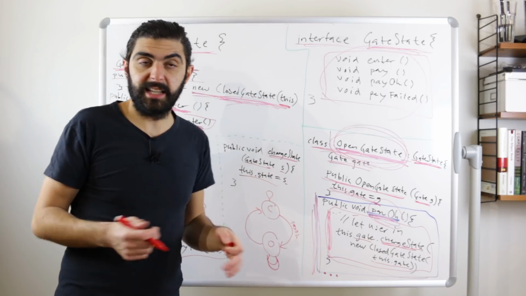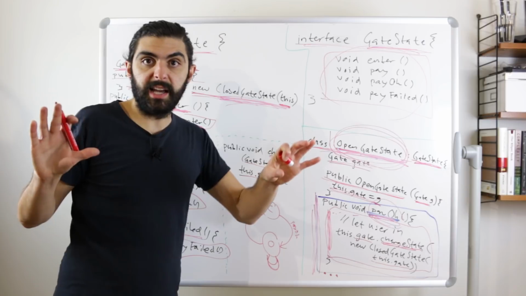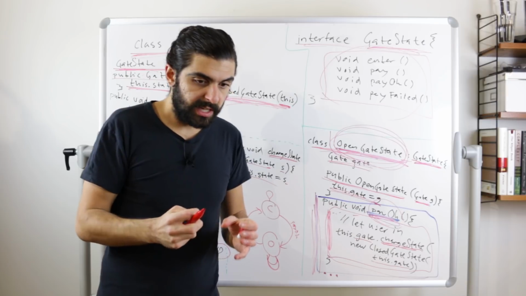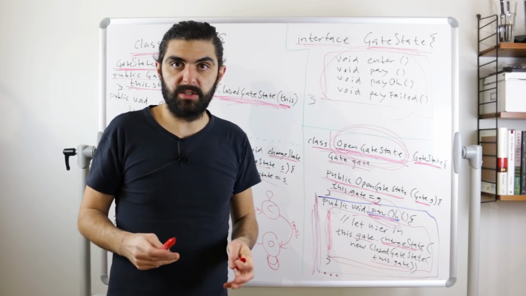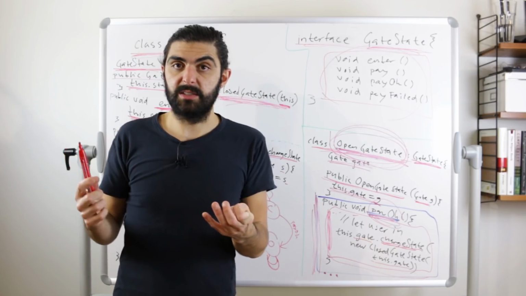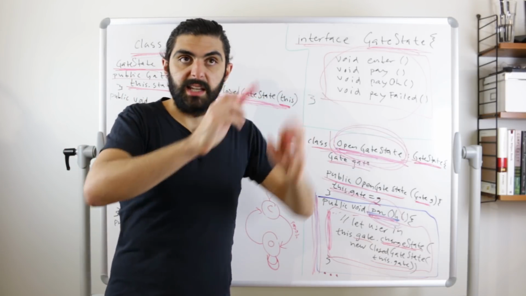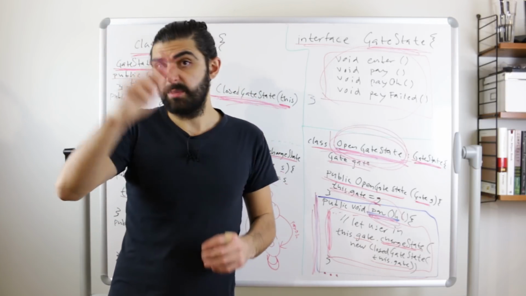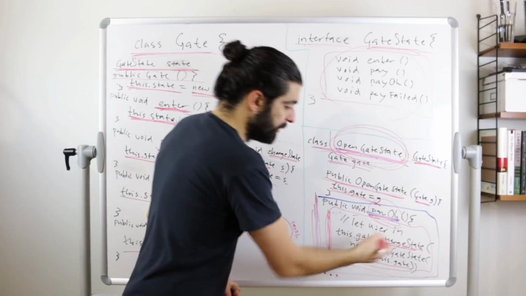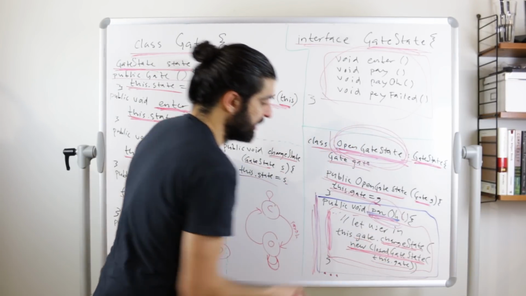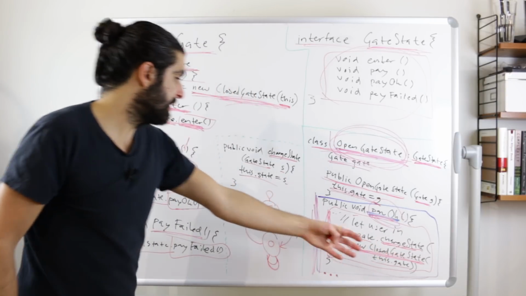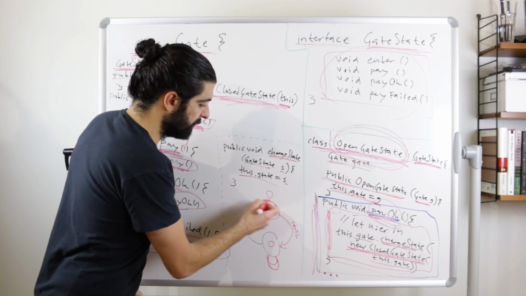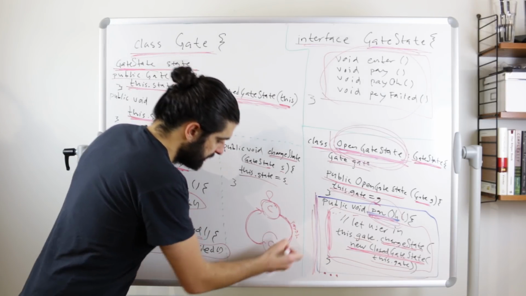And that's when, at least I find it helpful to think in terms of these state machine diagrams. So we draw up the different states, and then we draw arrows between them. We say, okay, from every state I can receive any of these possible messages. Firstly, what are my states and what are my messages? And then we just draw them up. We say, here's my state, these are the messages. Where do these arrows take me? Sometimes you just stay in the same state, sometimes you actually move to another state. And when you then move to another state, this is when we instantiate another gate state, and pass that to the method changeState, so that we actually change the state of this gate. And that's how we're traversing around in this state machine,